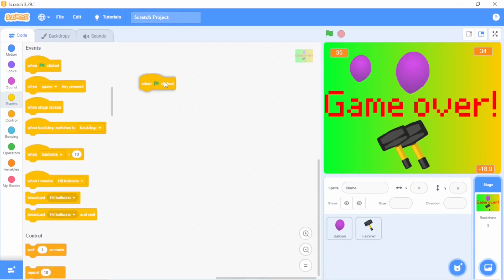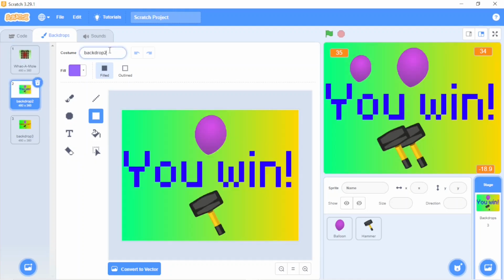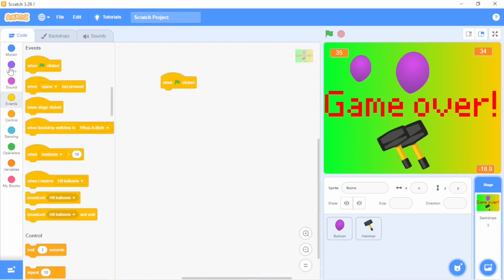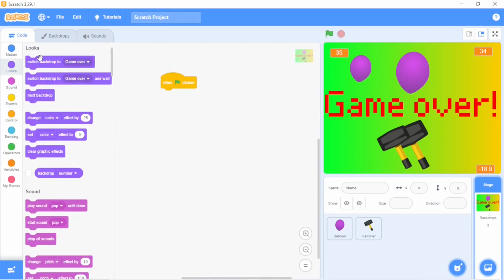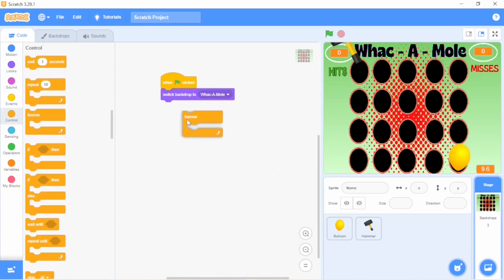When flag clicked, let's go to the backdrops. This is not backdrop, this is Whac-A-Mole backdrop. Whac-A-Mole. And this is you win. And this is game over. Okay. Now let's go to the codes. When flag clicked, switch backdrop to Whac-A-Mole. Means this backdrop will come. And after this, forever loop,